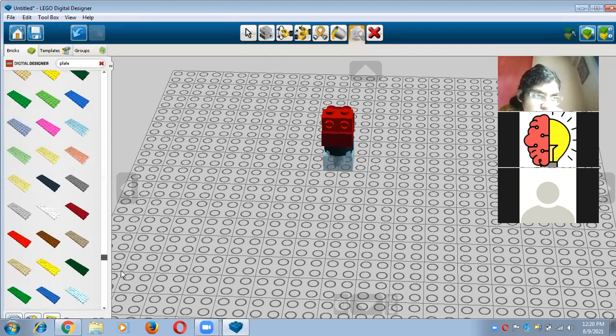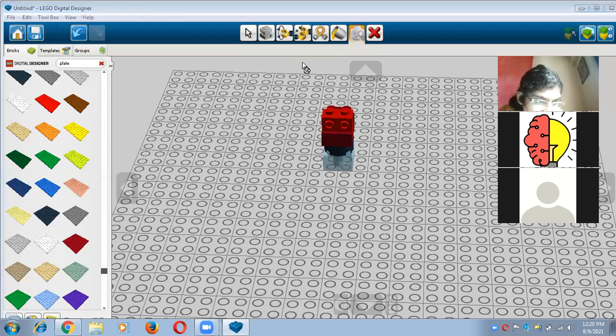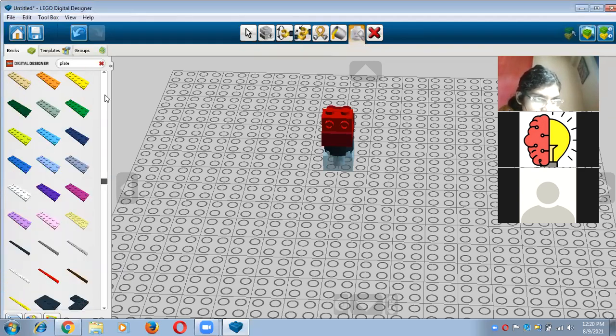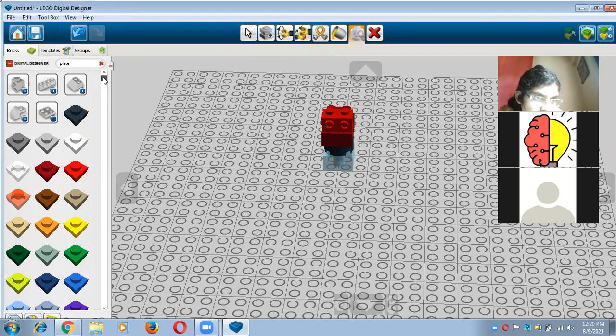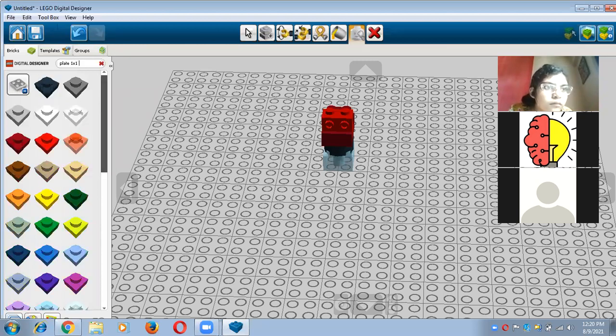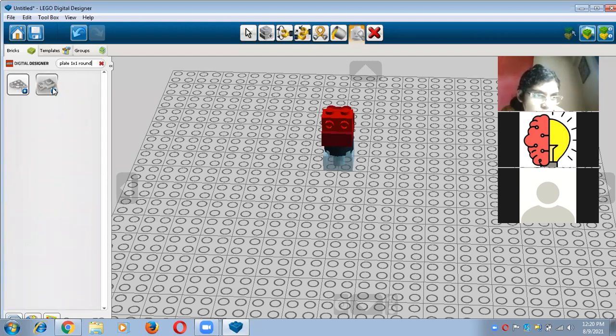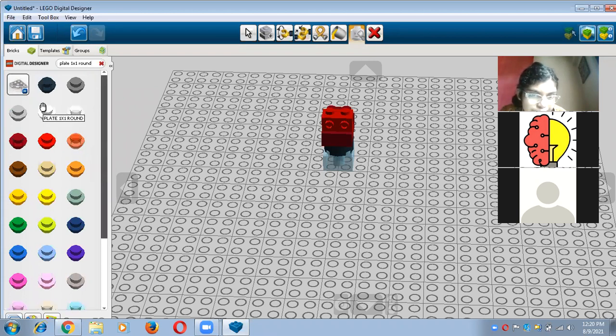Okay, it is not available here, so you have to type round plate, plate 1/1 round. Yes, here it is, right? So you can take from here.